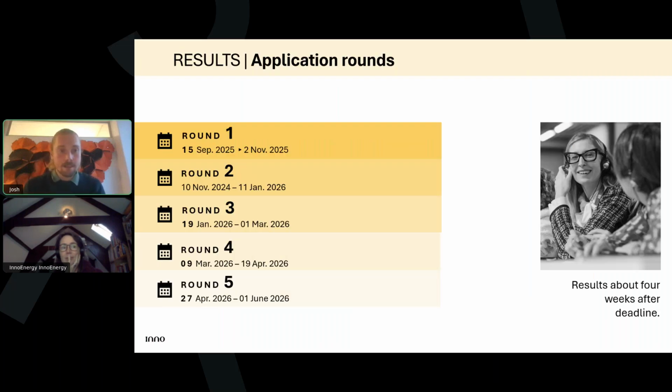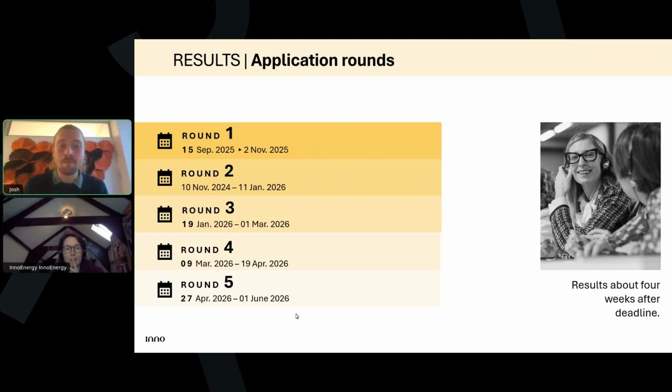So I think that's it in terms of application requirements, but then just to give you some information about the different application rounds that we have. There are 5 application rounds per application year, the first of which closed for application on Sunday evening. So round 1, which is now closed, we are working through those applications. And then if you are looking to apply in round 2, then already next week from the 10th of November,